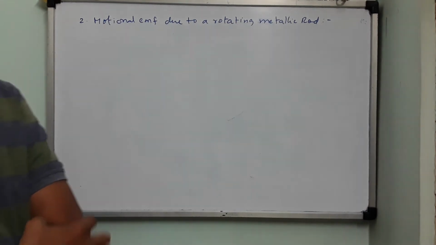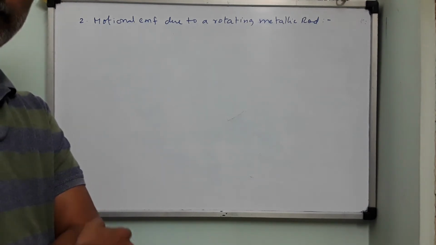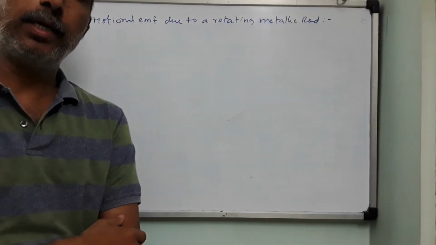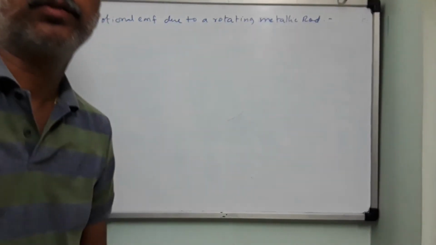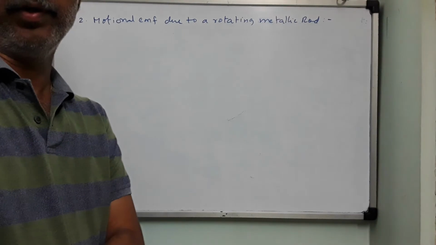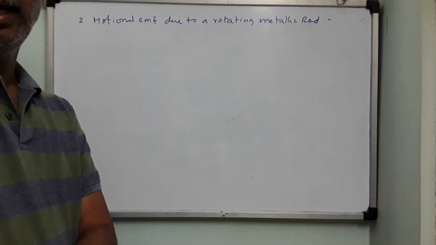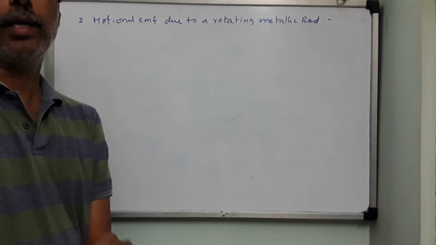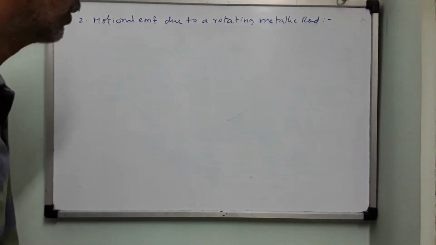There is a metal rod of length 1 meter which is kept in a uniform magnetic field. Okay, and this rod is made to move on a circular ring of radius 1 meter, which is fixed with the plane of the ring perpendicular to the magnetic field. Now the rod is pivoted at one end at the center of the metal ring and the other end is allowed to move on the circumference of the ring. Now you need to calculate the EMF induced between the pivot and the other end of the rod.